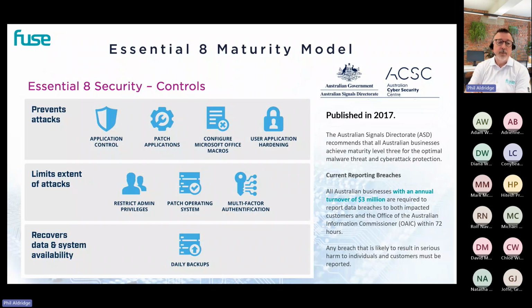So there's 8 specific areas there. They're all very easy. Most of you will understand backups. Most of you will understand multi-factor authentication. Some of the other ones, application control, user application hardening, etc., get a lot more complicated. But basically, those are the 8 areas, and within those 8 areas, the maturity model is split into 4